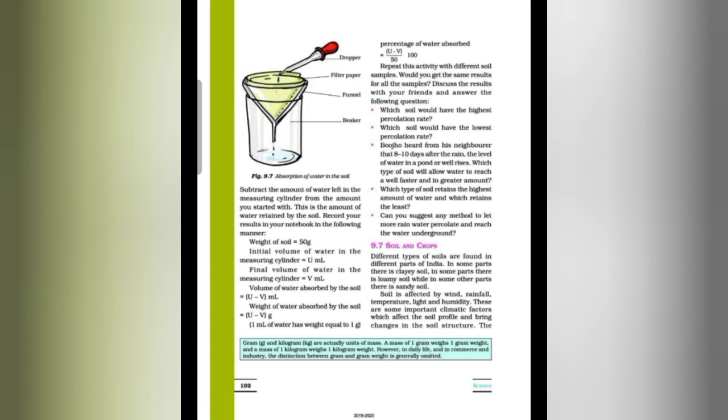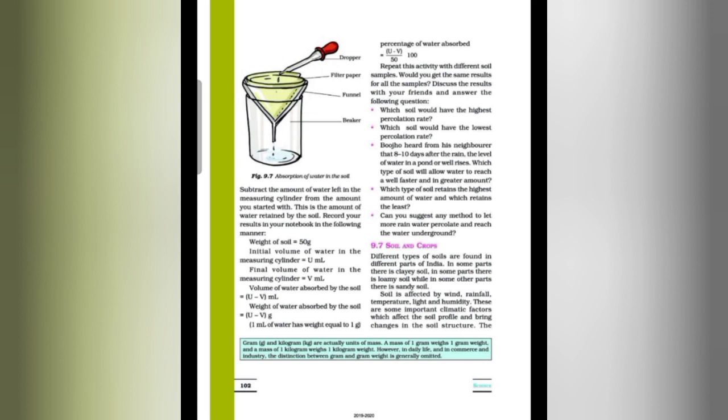Subtract the amount of water left in the measuring cylinder from the amount you started with. This is the amount of water retained by the soil. Record your result in your notebook in the following manner. So students,